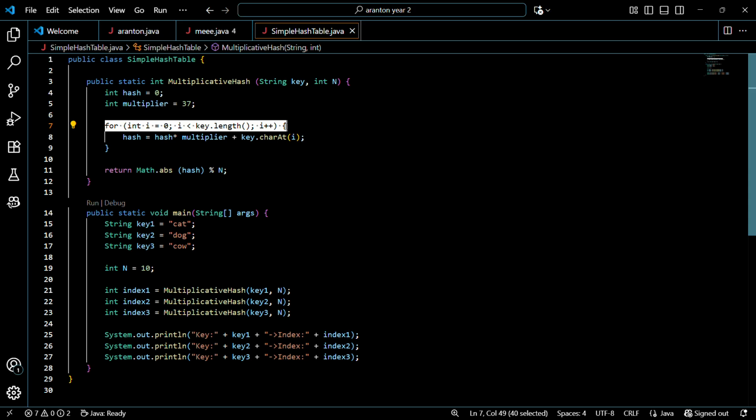For (int i = 0; i < k.length(); i++). This is a for loop that goes through every character in the k string.